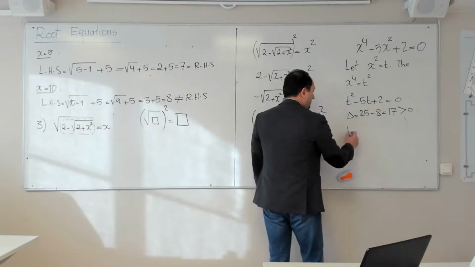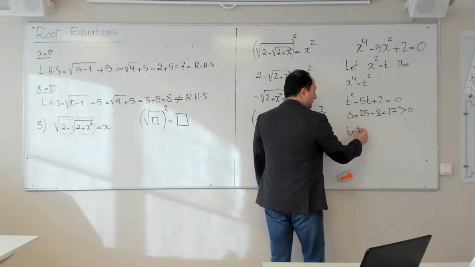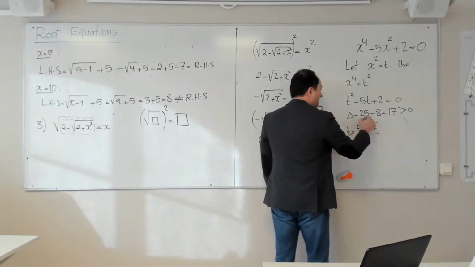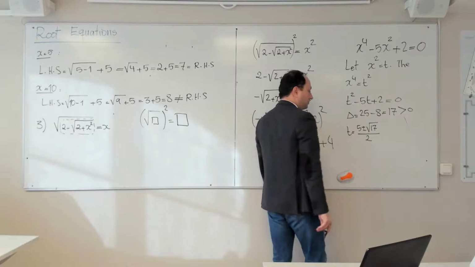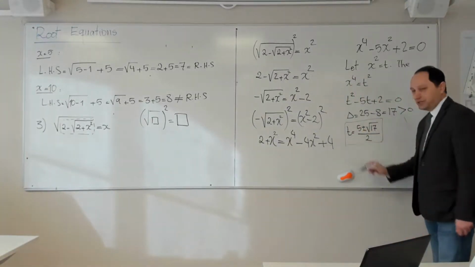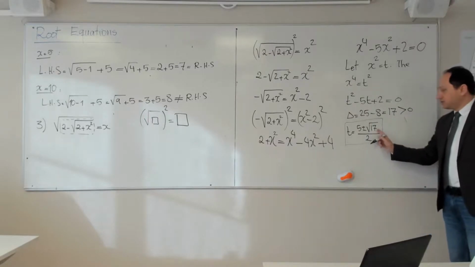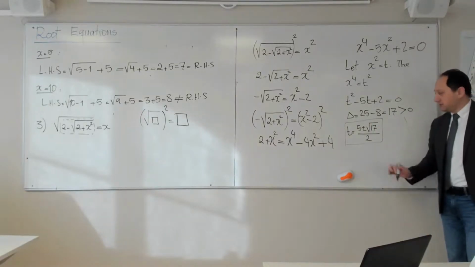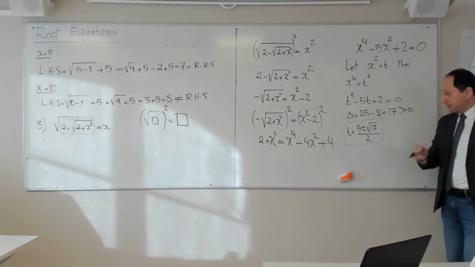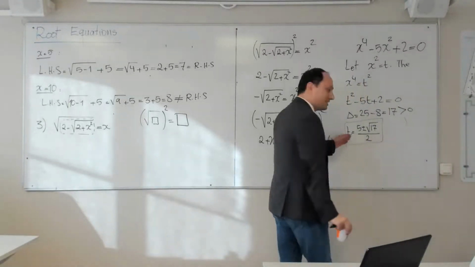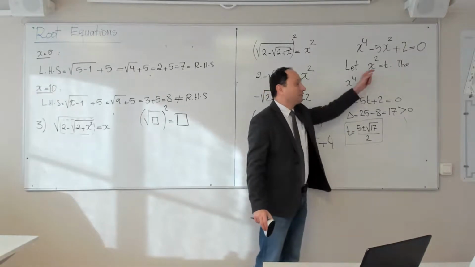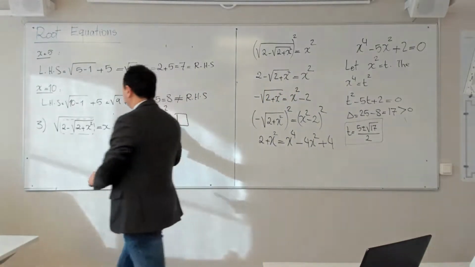Okay, and then t is equal to minus b, which is 5, plus and minus, this is the unfortunate part, the square root of 17, divided by 2 times 1, which is 2. Yes? So I cannot do anything, and unfortunately, you have to keep it exact. So you cannot use your calculator to approximate. You have to deal with numbers of this form, in their exact form. Okay, but unfortunately, this is not yet finished because this is t. I am not looking for t, I am looking for x. Okay? So, what I do,